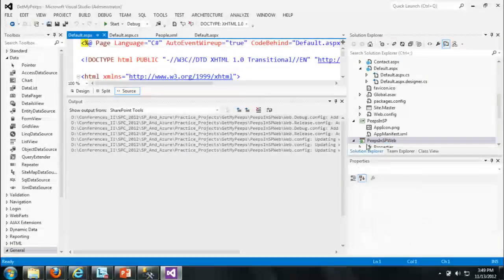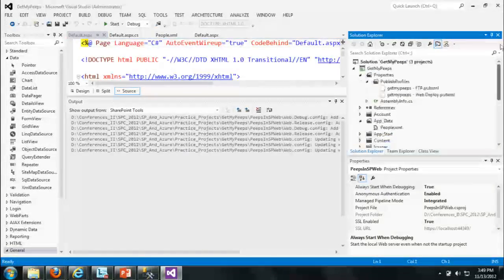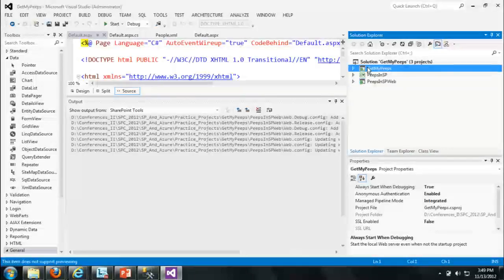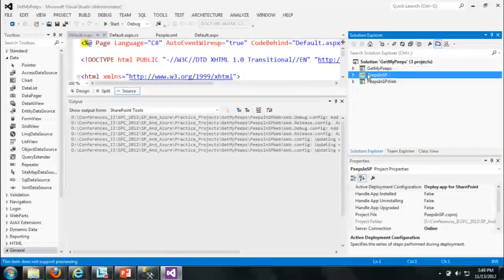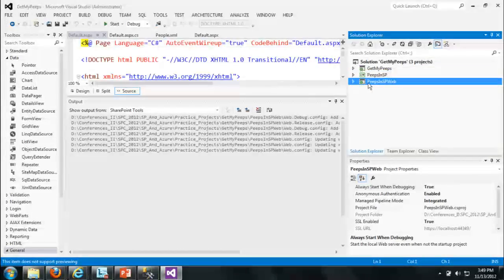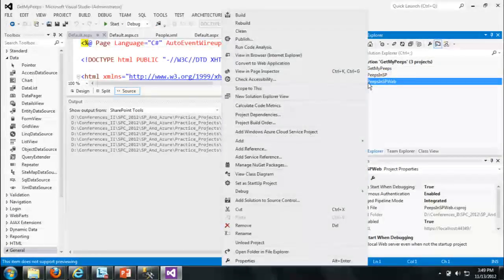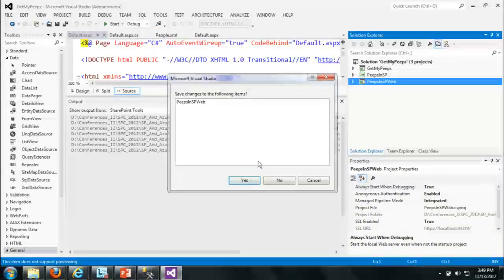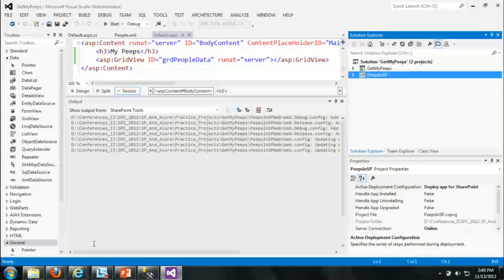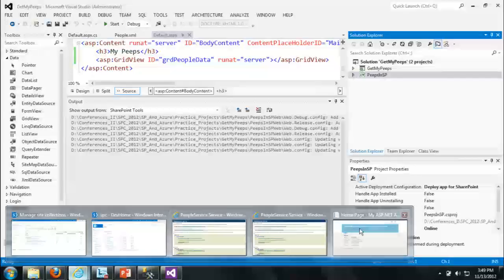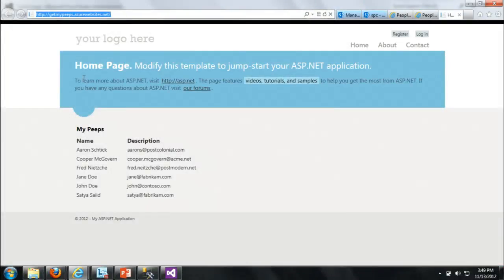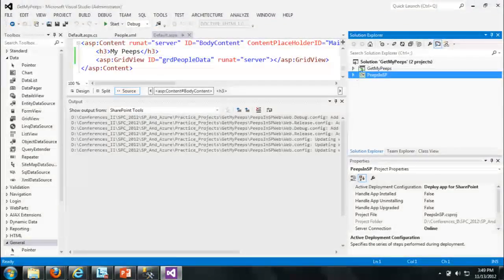All right. And I'm actually going to just collapse these so you can see all the projects in here now. We have Get My Peeps, which is my web app. We've got Peeps in SharePoint, which is my .app. And we've got Peeps in SharePoint web. Let's kill that. We don't need it. Okay? The reason we don't need it, and I just need to go back here once more, is because when we go back here into Get My Peeps,